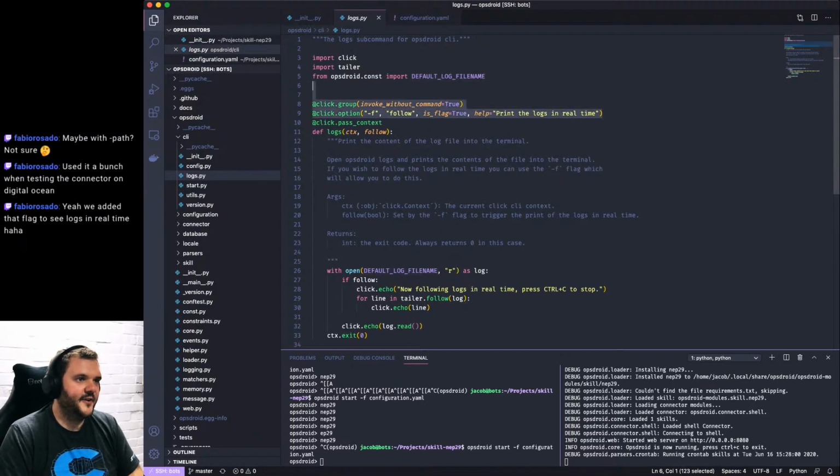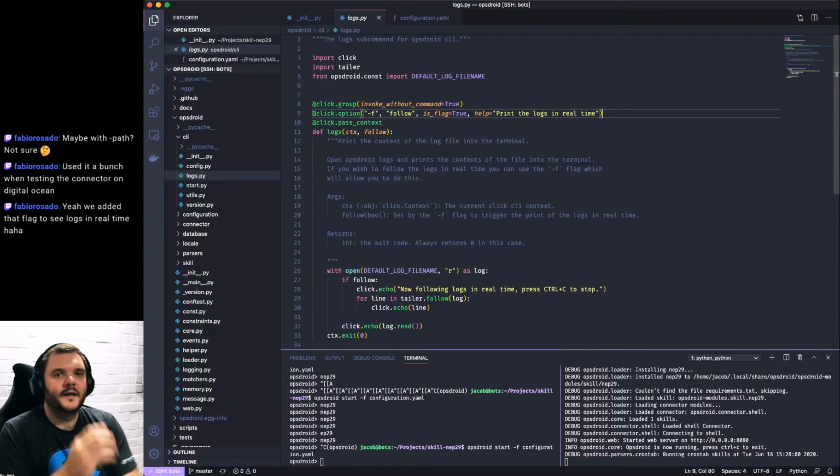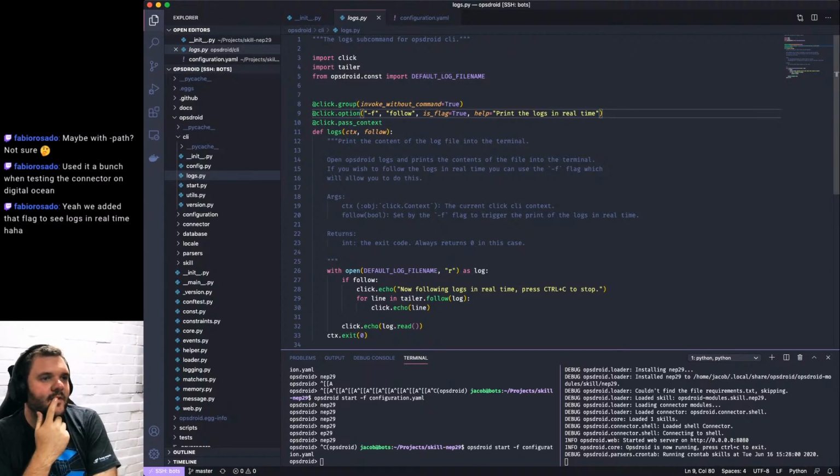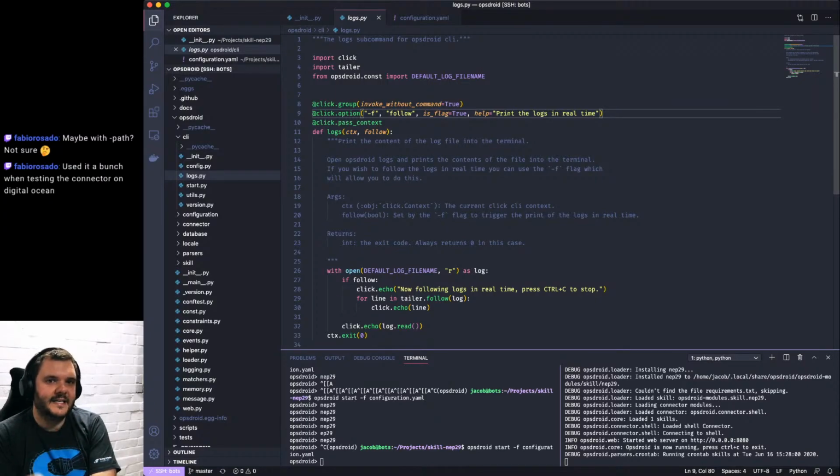I wonder if we should add, really, what I think we should do, it feels a bit weird, is you should do Opsdroid logs and tell it where the config is, and then it will follow the right log.